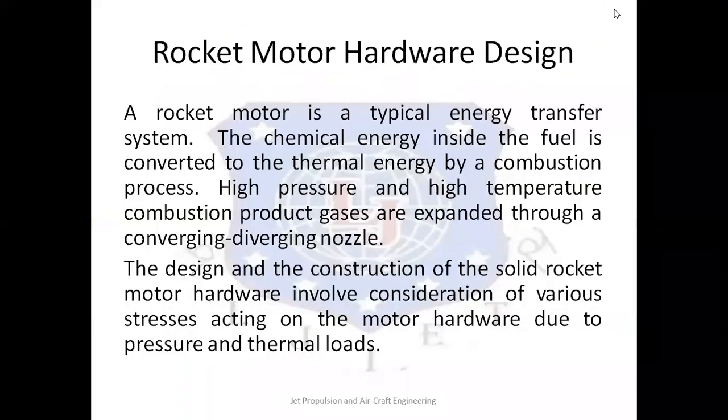First of all, what is a rocket motor? A rocket motor is basically a device which transfers energy. The combustion takes place inside the combustion chamber, where the fuel is ignited, and because of that the chemical energy of the fuel is converted into thermal energy, and these high pressure and high temperature gases are expanded through a nozzle, which would ultimately give us